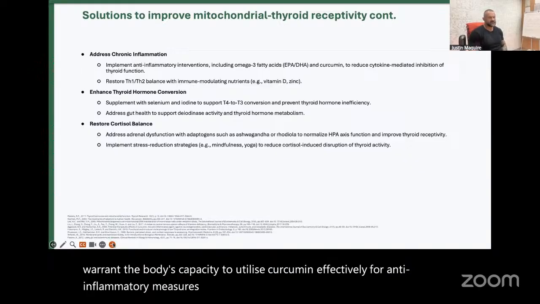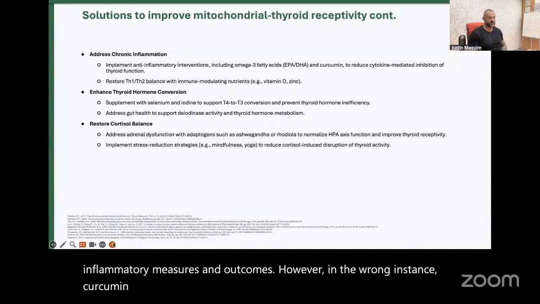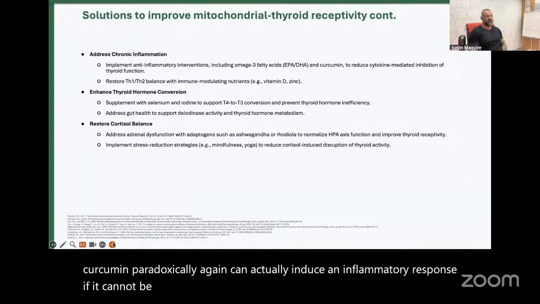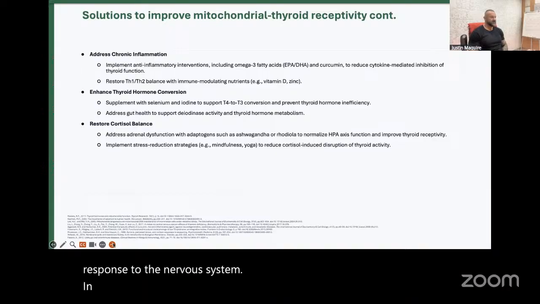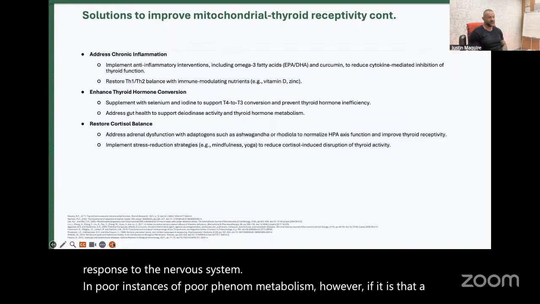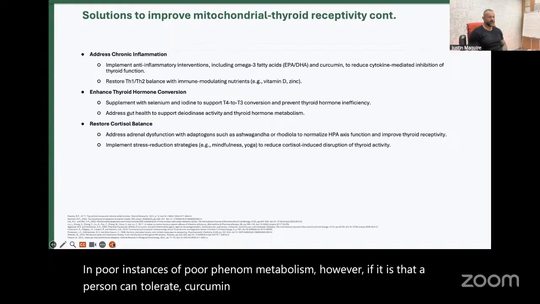However, in the wrong instance, curcumin, paradoxically again, can actually induce an inflammatory response if it cannot be metabolized effectively, by way of how it can create a stress response to the nervous system in instances of poor phenol metabolism. However, if a person can tolerate curcumin, it does have effective microbiome to support phenol degradation,